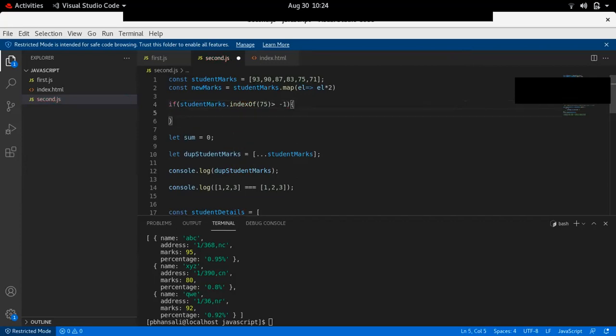So basically, if this array doesn't contain 75, then it will return -1. If it contains 75, then it will return the index, that is 0, 1, 2, 3, 4.